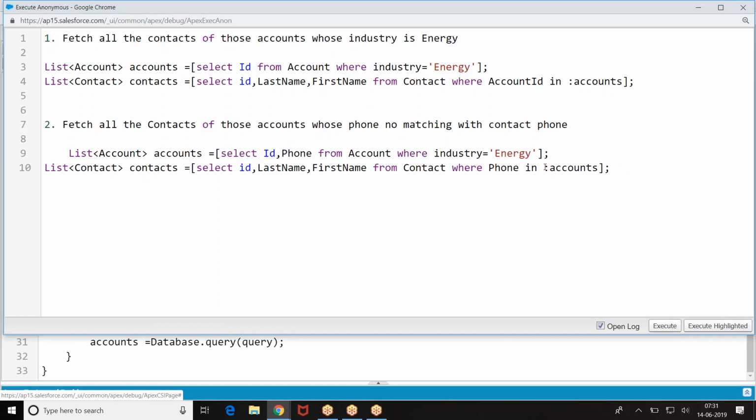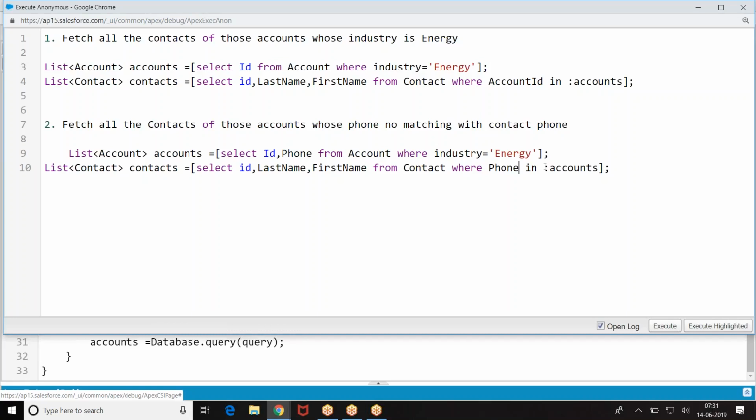We can only compare ID in a list of SObject. We can only compare with the ID field in the list of SObject. I cannot compare with every field you need. I can only compare with the ID of the SObject.